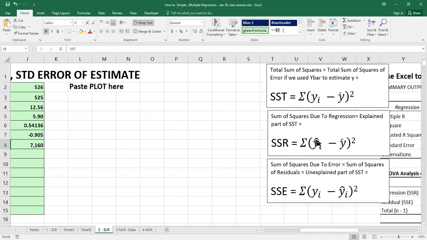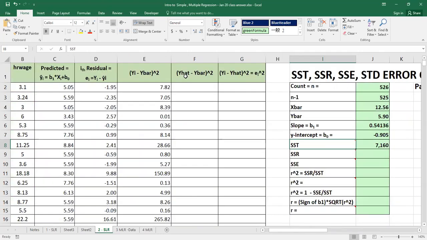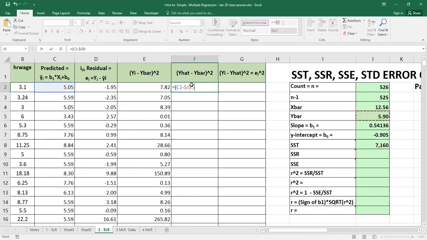So the difference between your predicted value and your average is equal to the improvement in your model, which is the sum of the squares of your regression. Okay, so let's do that. Y hat, diba? Minus y bar. So this is equal to your predicted value, okay, minus the average y bar, F4, and then we square this,